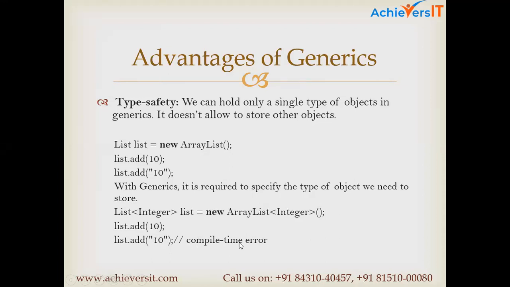So I'm getting a compile time error. Before, I was not getting any compile time error. When you run it only, you will come to know whether it will give an error or not. But using generics, while writing the code itself, you will get to know that this is wrong and I have to correct it. So you will do it then and there. So it is easy to debug the program because of generics.